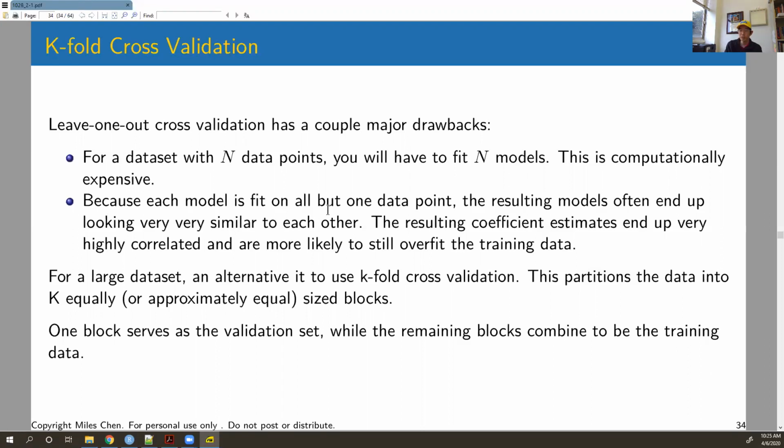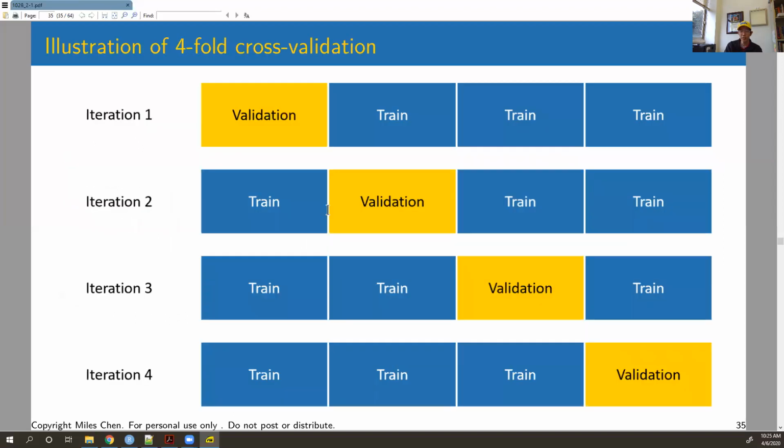What this is going to do is it takes the data and partitions it into about k equally sized blocks. Obviously, if it doesn't divide into k equally, then it's going to be approximately equal. One block is going to serve as the validation set, and the remaining blocks combine to be the training data. So here's an illustration: if you do 4-fold cross-validation,